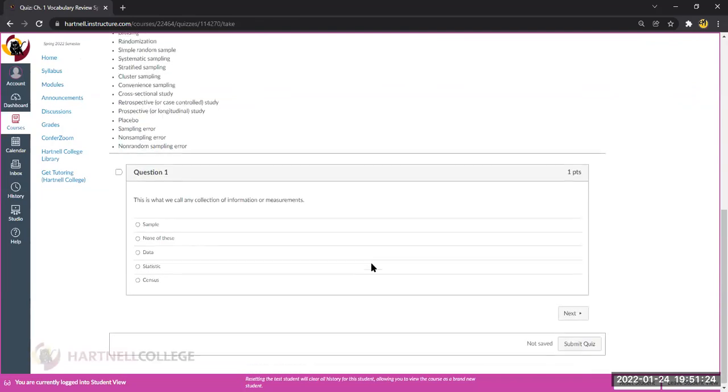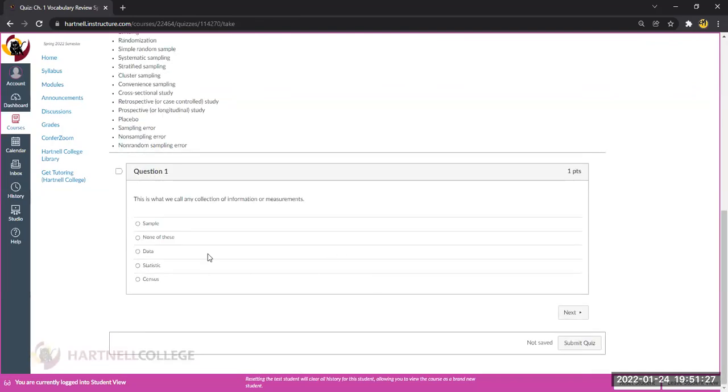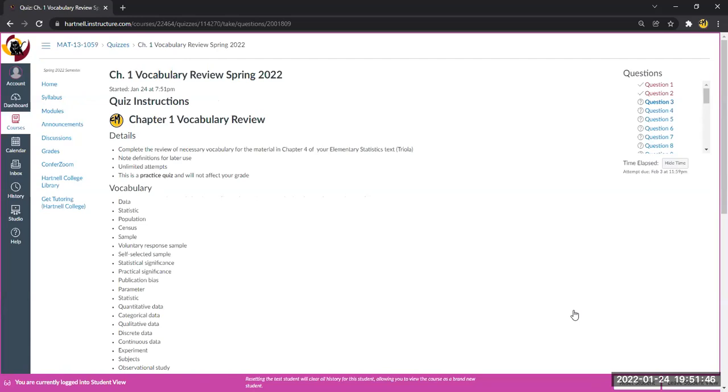So I can work my way through the questions. I go do a couple of these. This is what we call any collection of information or measurements, data. And I'm on to my next question. The science of, statistics. Next. And I can work my way through this.